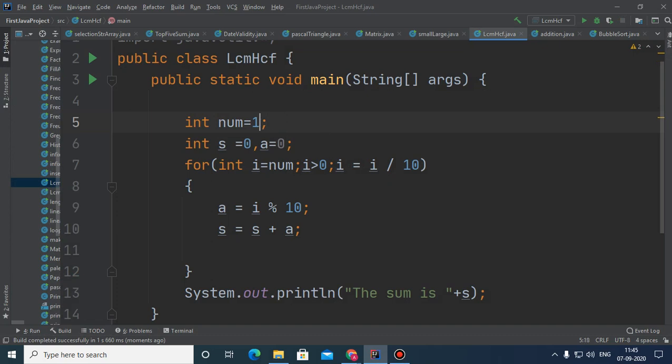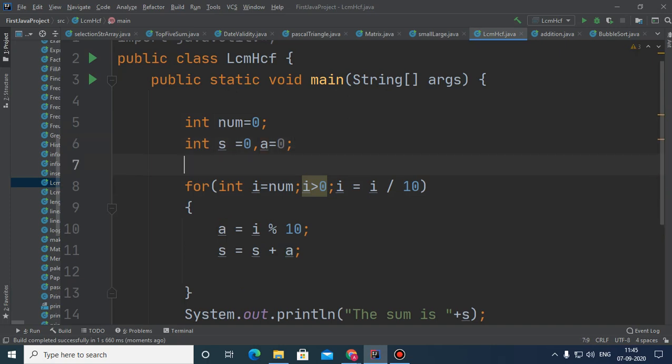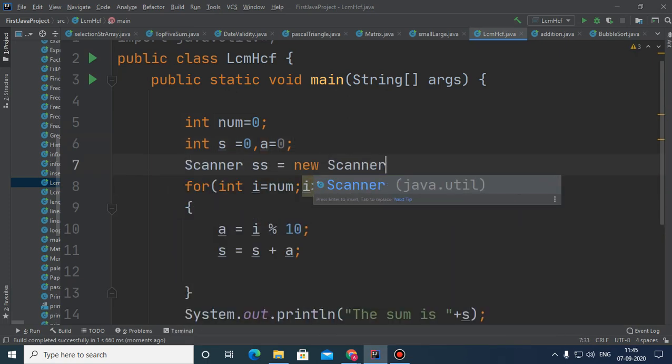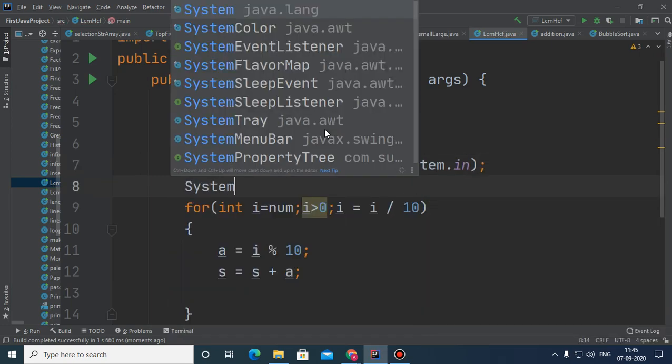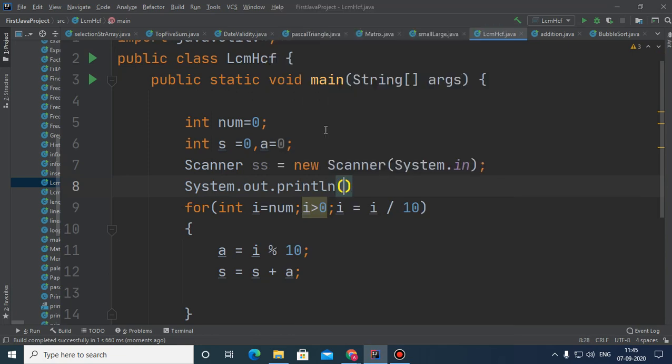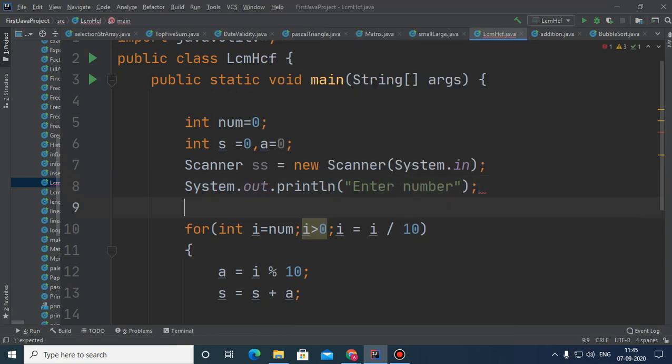You simply write 0 here and take the Scanner class, then enter a number, and here you simply write the number you have entered, and the rest of the code will go like that.